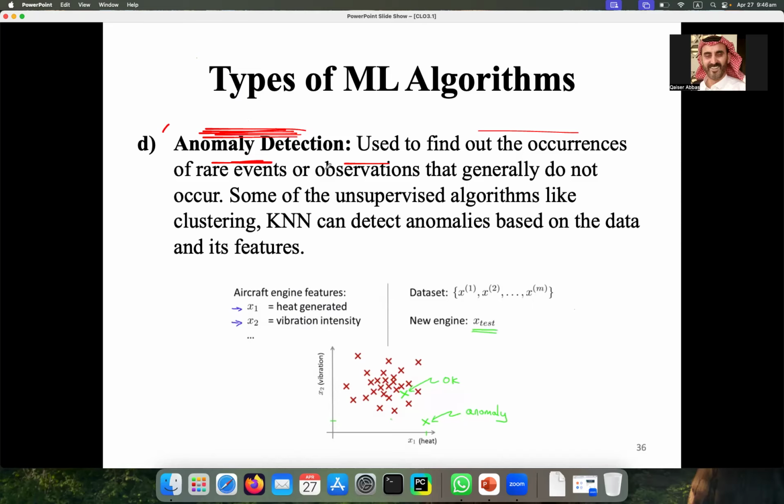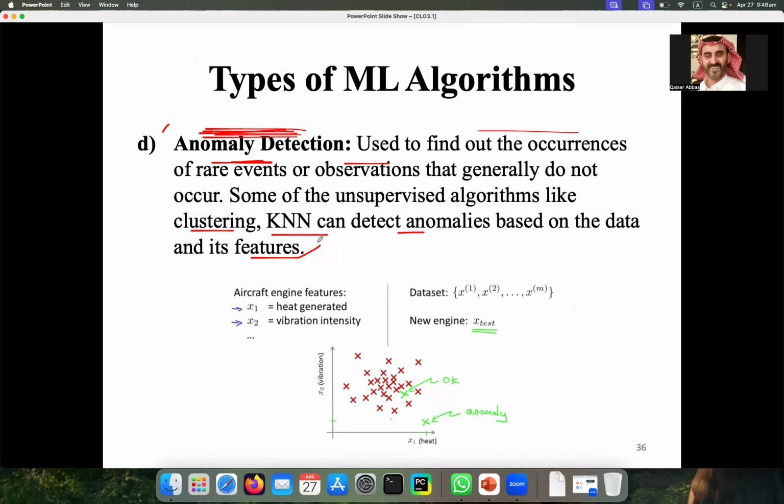And what are its algorithms? Some of the unsupervised algorithms, like clustering, K means clustering is the name of the algorithm, or K nearest neighbor. These algorithms can detect anomalies. And how can they detect anomalies?